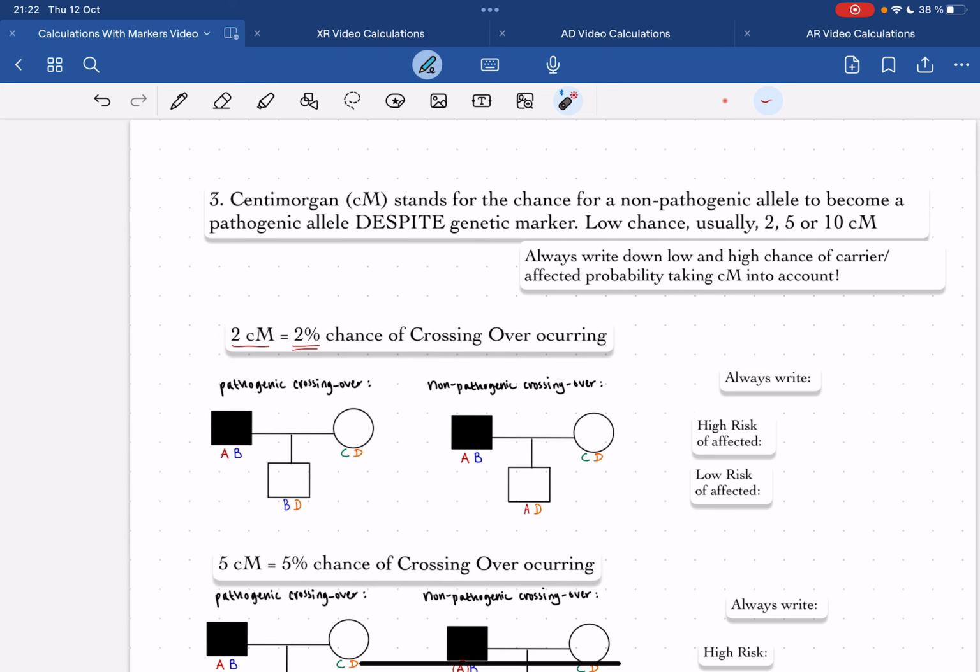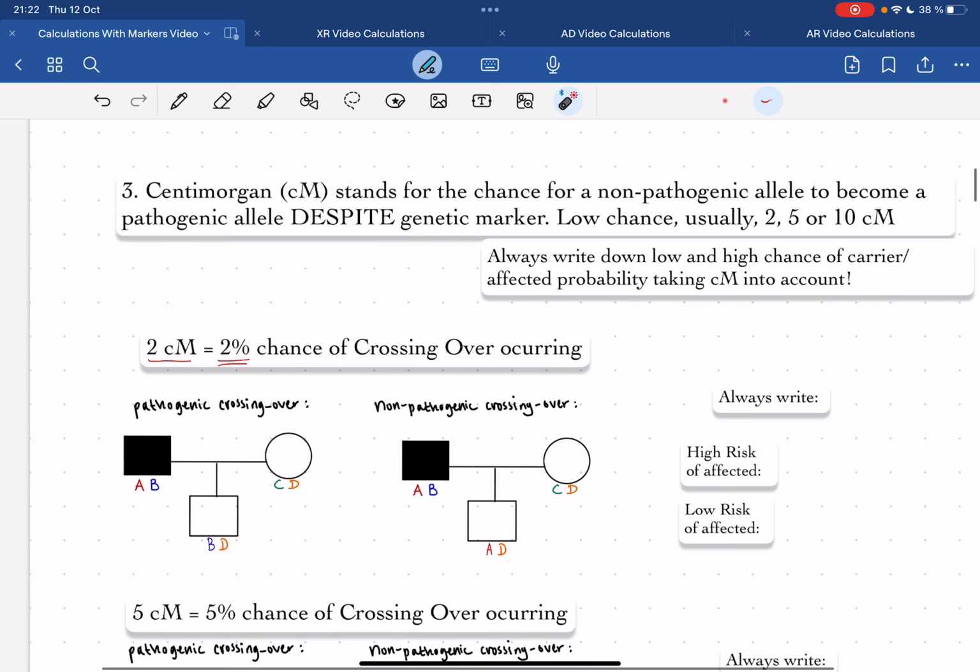Now, how do we value this crossing over? How do we value the risk? That is where we get centimorgans, or cM, which stands for the chance for a non-pathogenic allele to become a pathogenic allele, despite the genetic marker, and vice versa, of course. There's often a low chance, usually 2, 5, or 10 centimorgans. And we always have to write down if there's a low or a high chance of carrier/affected probability